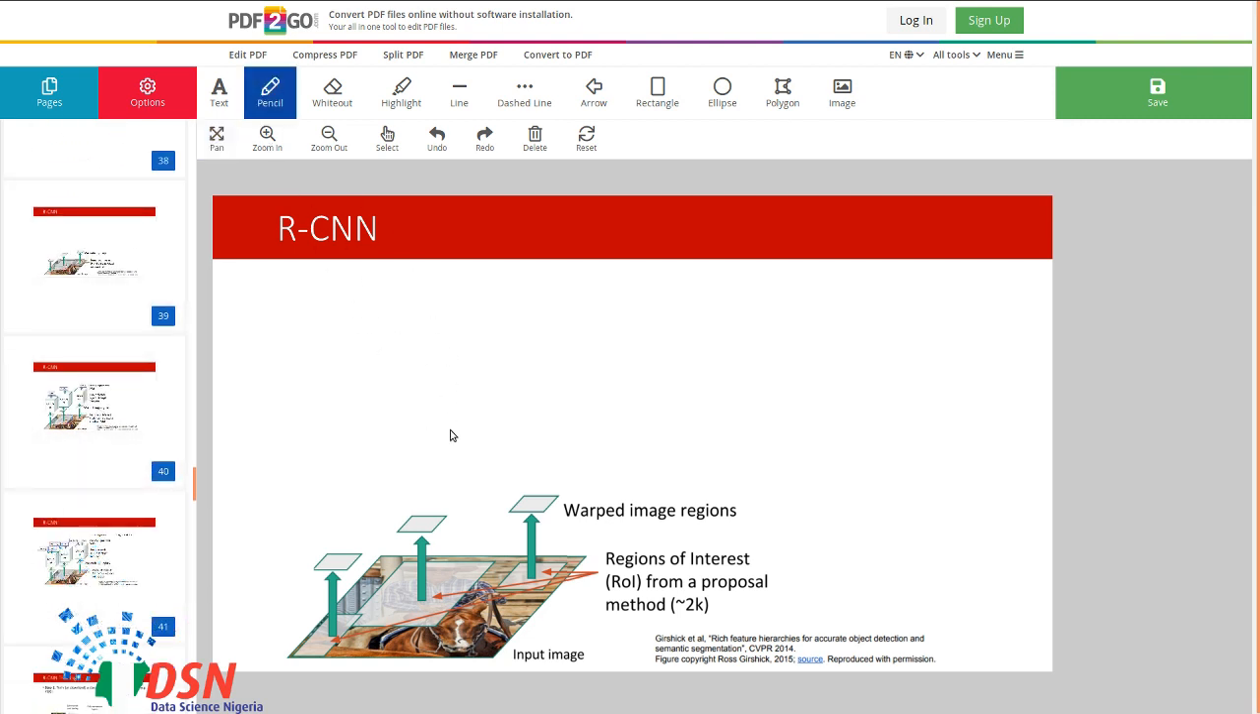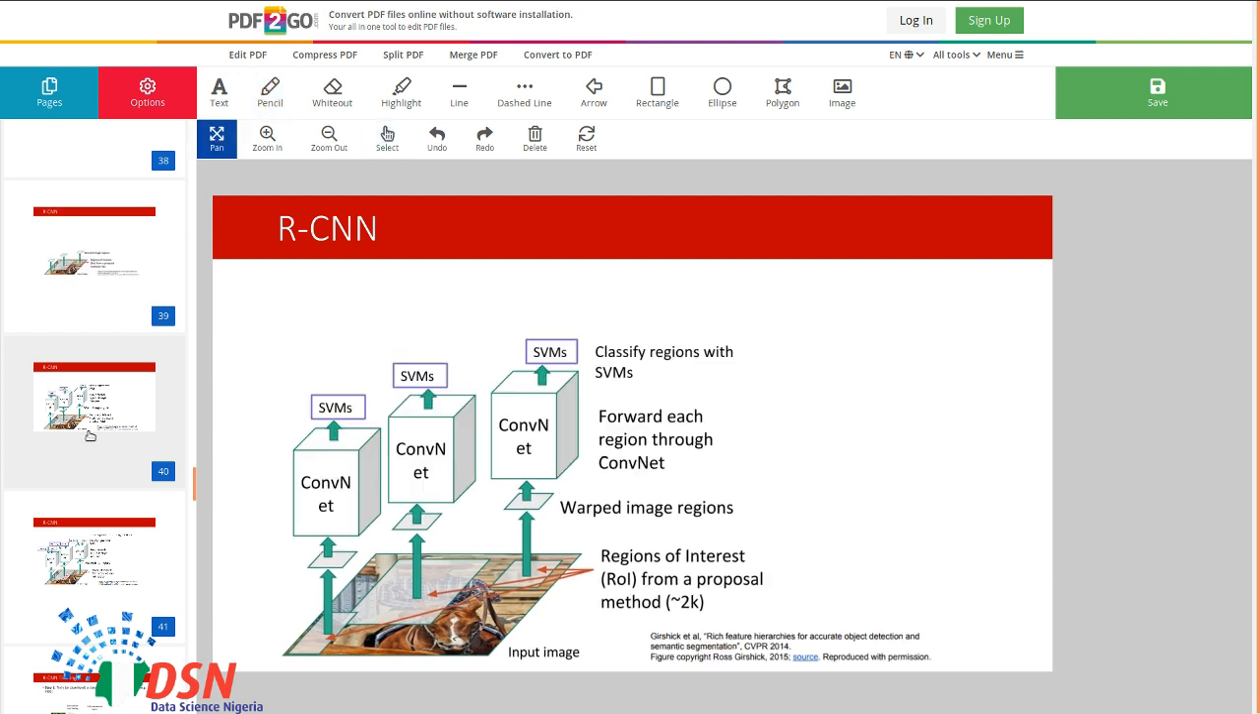So we first find region proposals, or ROI, which means region of interest, from a proposal. Then we resize all of them to the same size because we want to pass them to CNNs. After that, we pass all of them through a convolutional neural network, and they are the same network, so we pass all of them to a network, and we have an